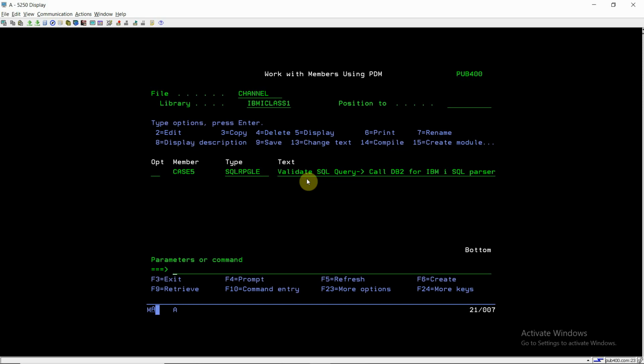So we are actually calling the Db2 for IBM i SQL parser internally using this API. We can leverage this API and invoke this parser in our program to validate the SQL query at any time.